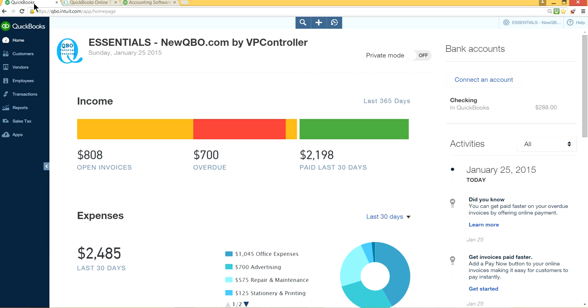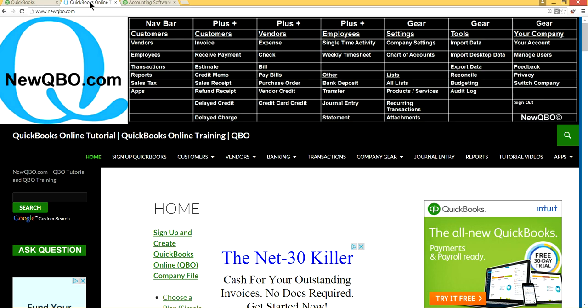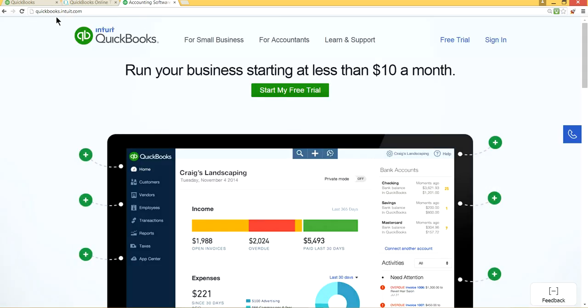Here is QuickBooks Essentials. I'm already logged in and I'm using Google Chrome. Before we start, we get this question a lot, and it has to do with how to sign up for QuickBooks Online. The best thing you have to do is go to